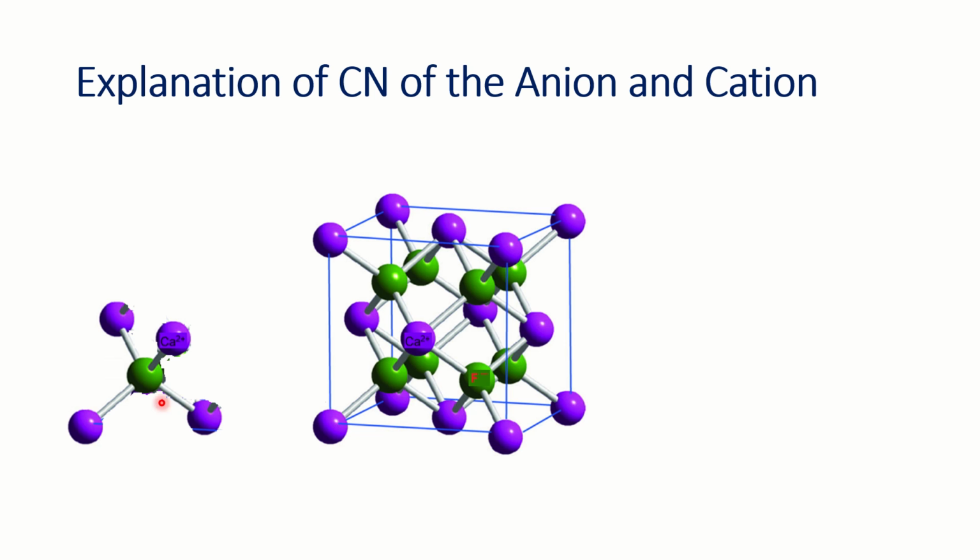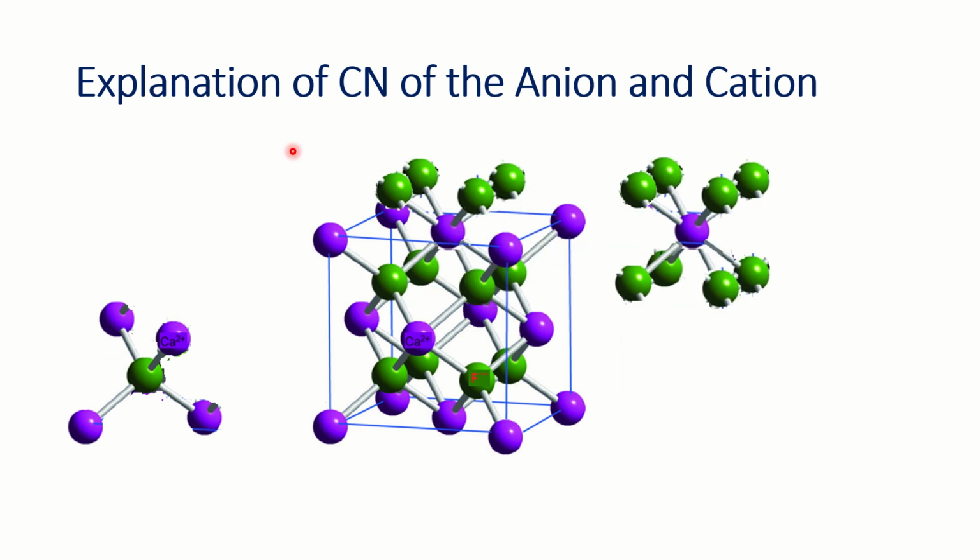Now, what happens in the body center of the small cubelet? The fluoride ion is occupying. So the coordination number of fluoride ion is 4. Now, as I have said, in the above layer, there are 4 more fluoride ions. So this is the picture of the above layer where 4 more fluoride ions are situated. Now let me separate this. Okay, look, this fluoride ion is surrounded by 8 calcium ions, and this calcium ion is surrounded by 8